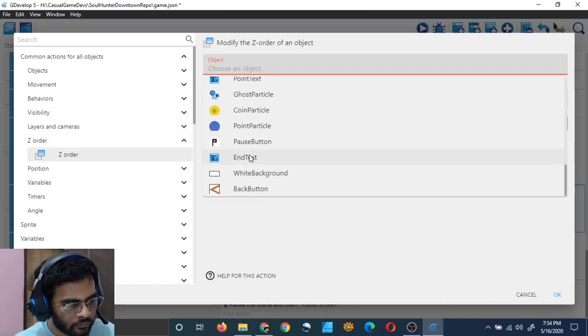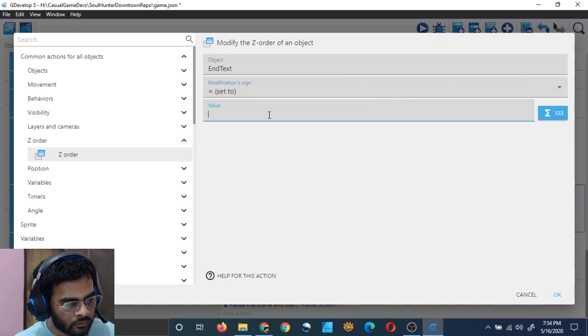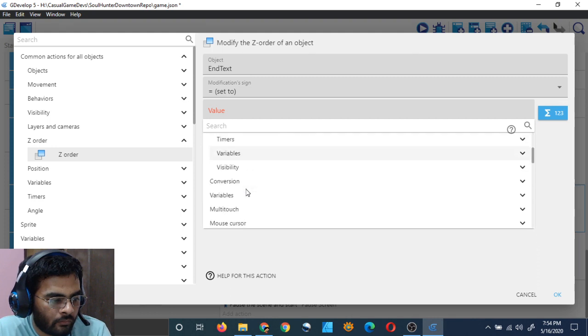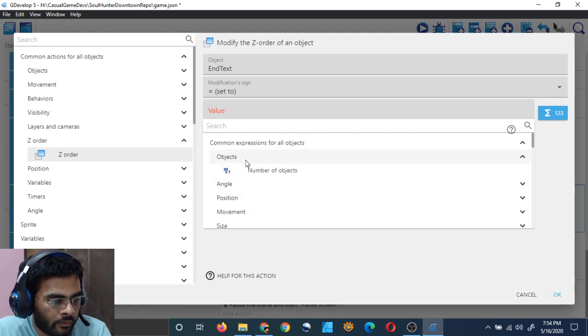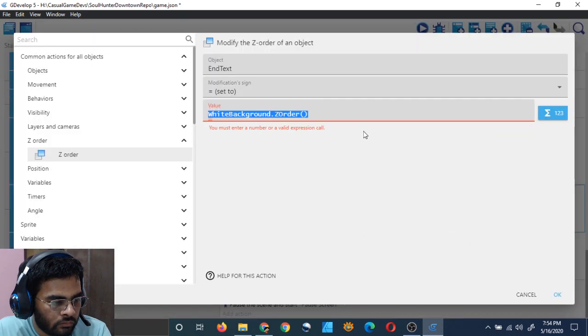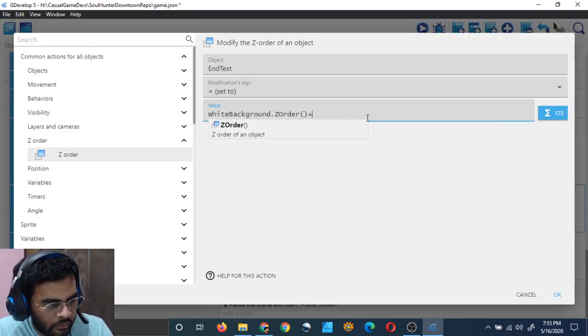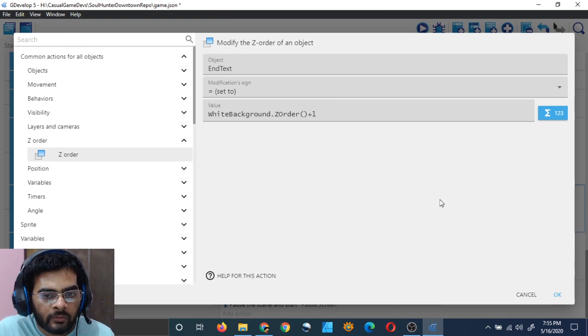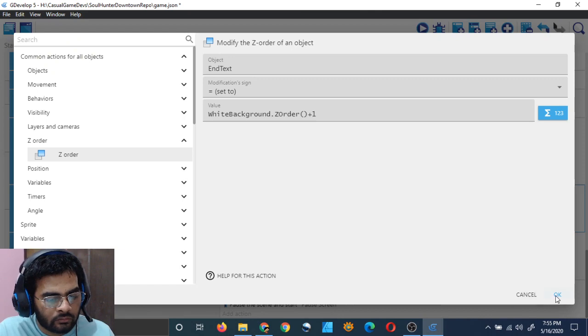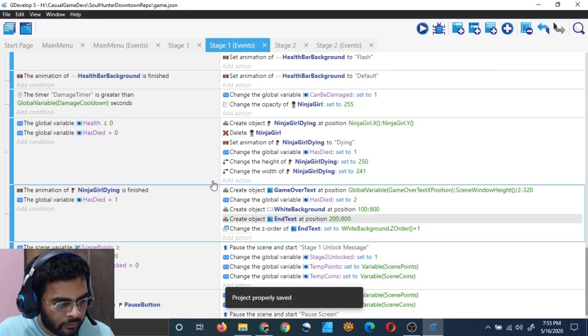Z order of end text is equal to objects visibility z order of white background, right, and plus 1. So it will always be above white background, right? We have taken z order of white background and added 1 to it, so our end text will always be in front of the white background. So that should work. Let's see.